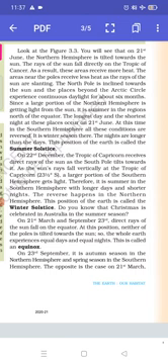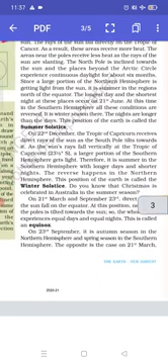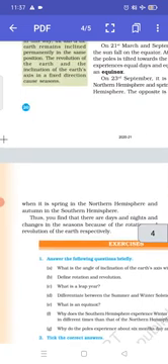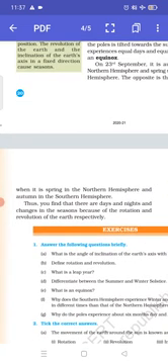On 23rd September, it is autumn season in the northern hemisphere and spring season in the southern hemisphere. The opposite is the case on 21st March, when it is spring in the northern hemisphere and autumn in the southern hemisphere. Thus you find that the changes in days and nights and in the seasons are because of the rotation and revolution of the earth respectively. You have seen how night and day change and how the seasons change because of rotation and revolution. Seasons change because of revolution; day and night are because of rotation.